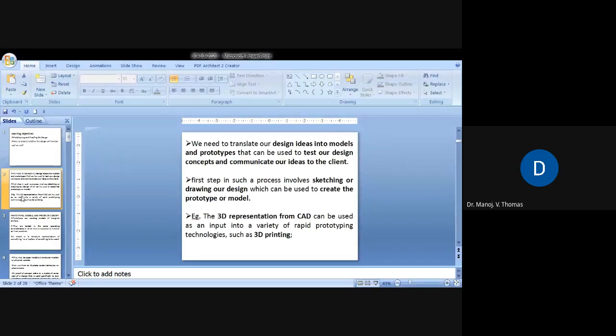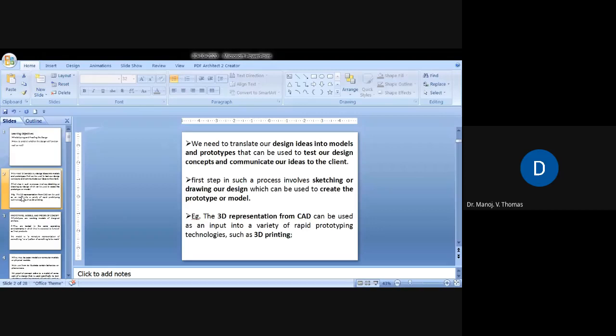A driverless car will have so many components, no? It will have sensors, it will have camera, it will have GPS, electrical parts, mechanical parts, electronics parts, computer parts. So many components are involved in it. So when we convert the design into a prototype, we will have a test car, isn't it, with all the necessary features, required features and functionalities that we need to test.